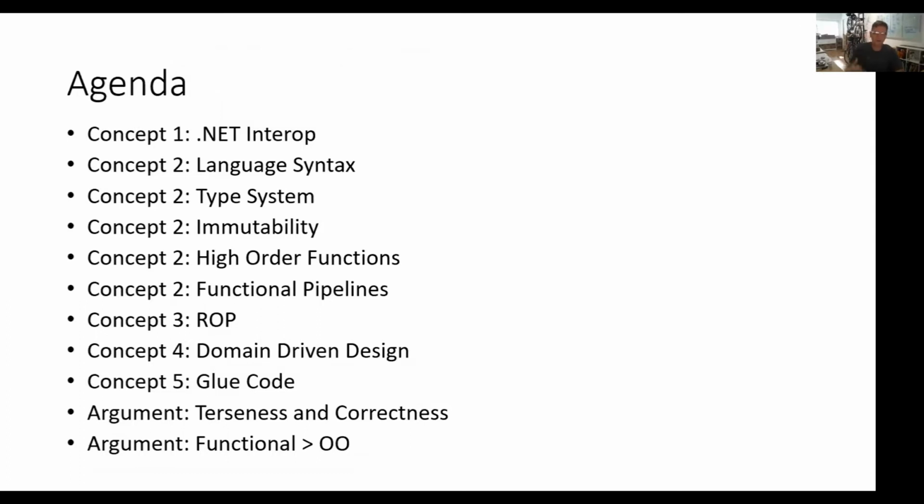And then I also put a couple arguments about why terse code can, in fact, be more correct code, and why functional can often be better than object-oriented to solve certain problems. And I hope to highlight that. And it's not really an argument. We'll have a polite discussion. If your mind's made up, I'm not going to change it. But if you're thinking about functional concepts and how it can help you, I hope to illustrate some of the differences and help you along.